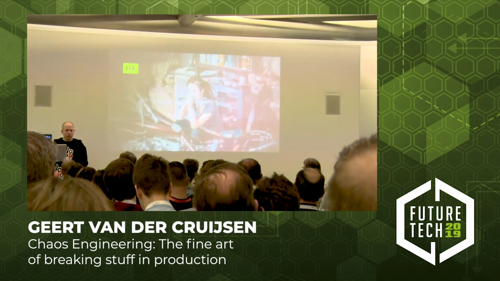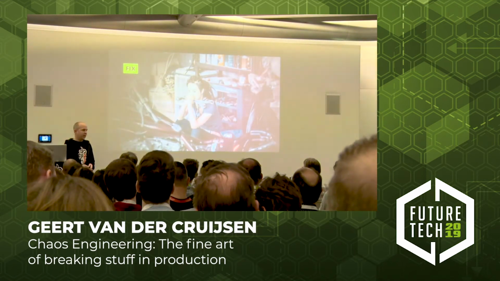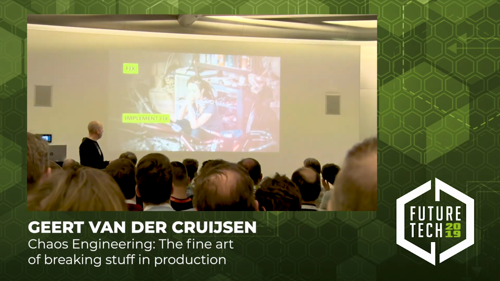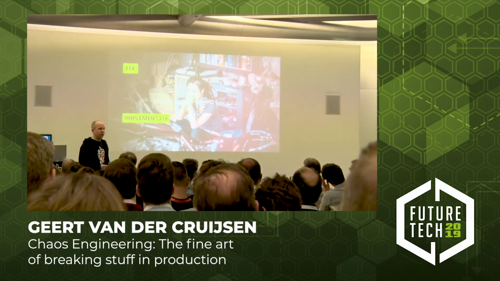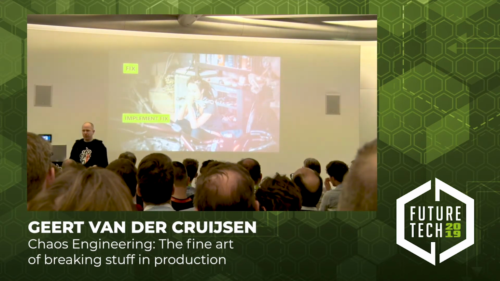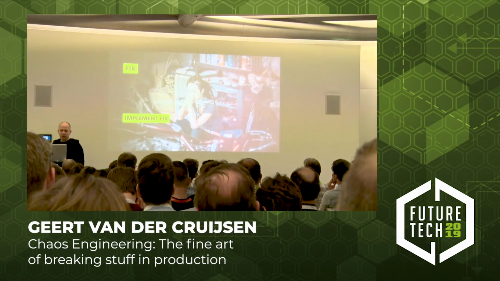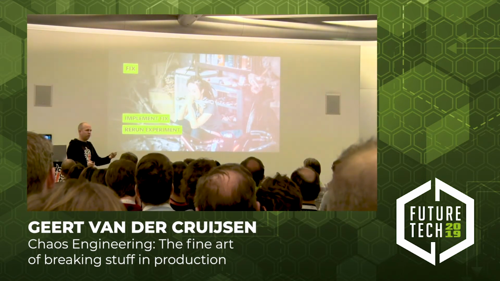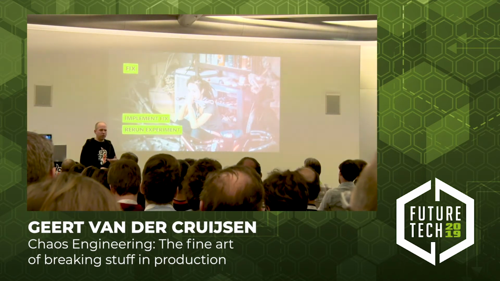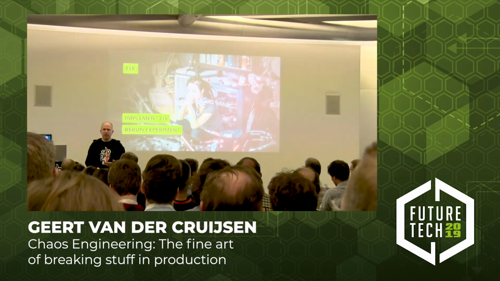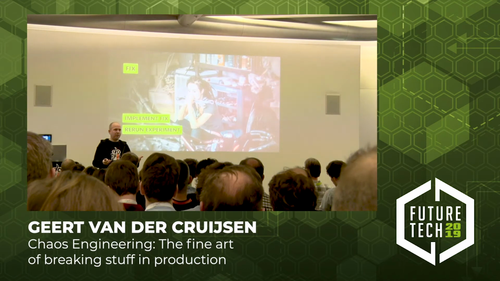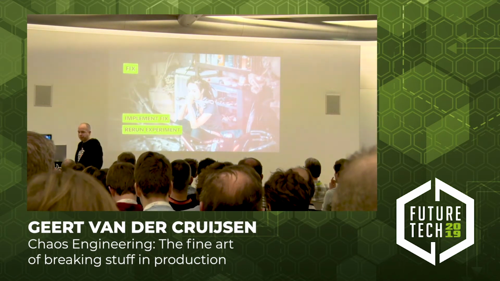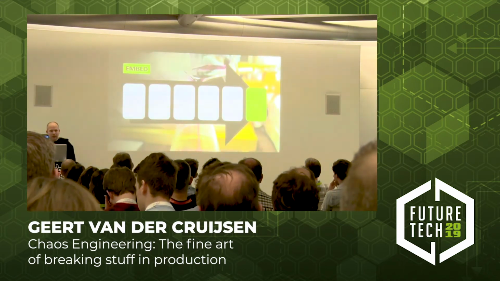Well, then we go into the fix phase. Fixing is easy, just implement the fix, right? Come up with a solution, fix it so it won't happen in the future. And of course, because you already designed your experiment, you can rerun your experiment to see if the fix that is in place is actually working.